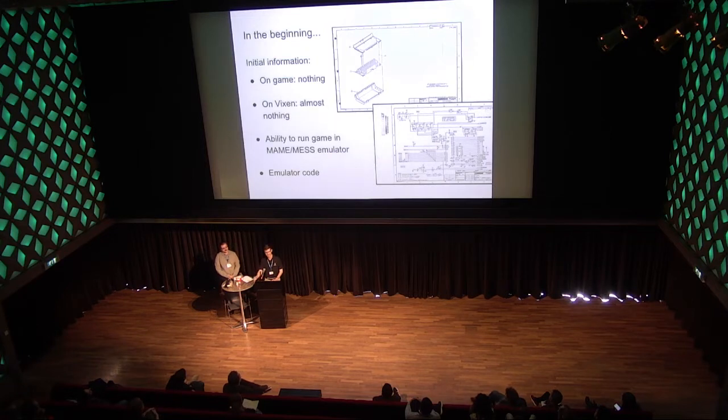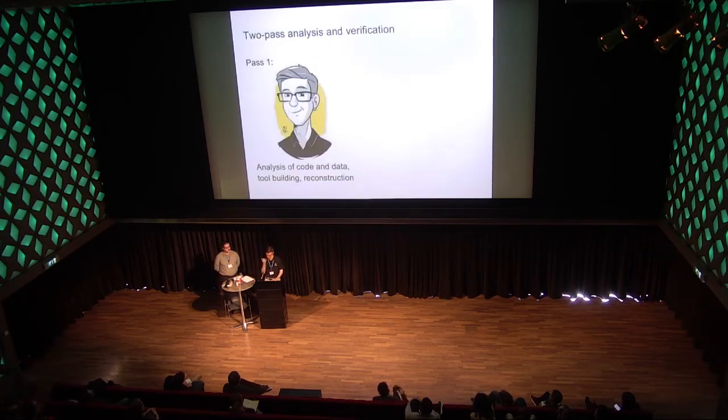And so at times, once or twice, we had to dip into the emulator code to actually find out how things were supposed to happen on this machine. And so the work essentially progressed in 2 parts. So I started looking at the code and data and building some tools and doing some reconstructions. And I thought to myself,